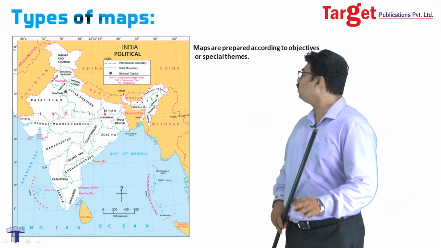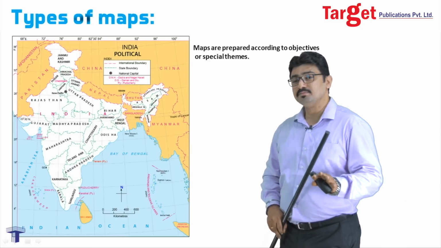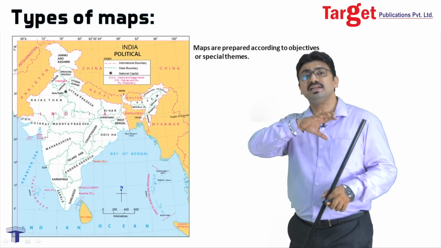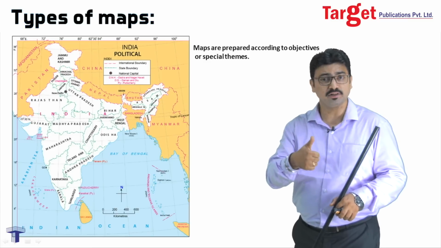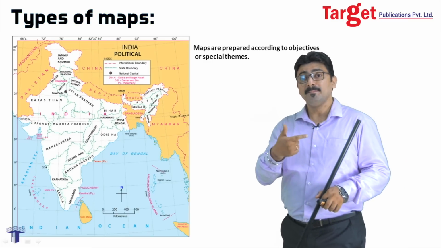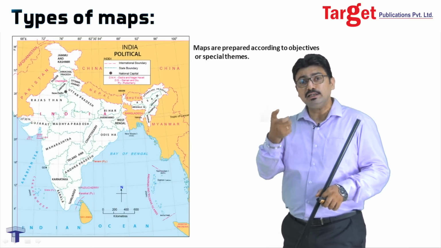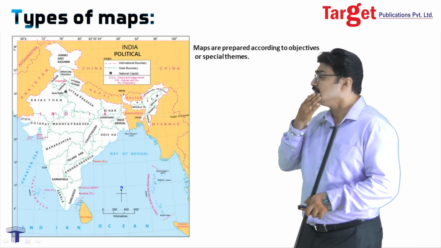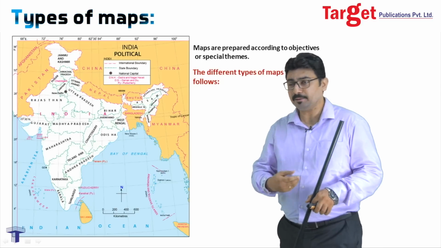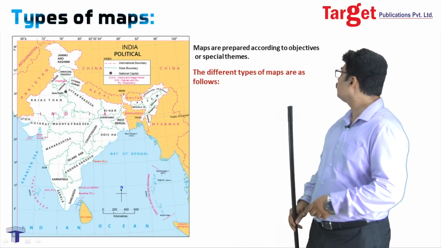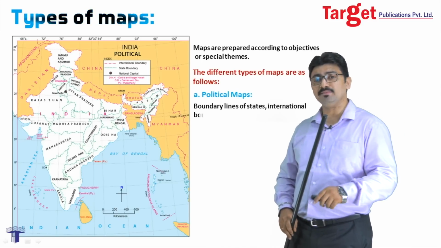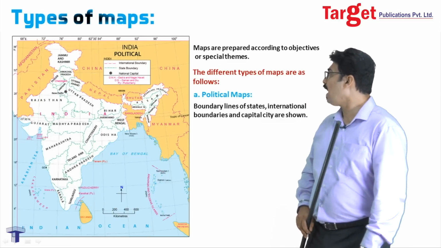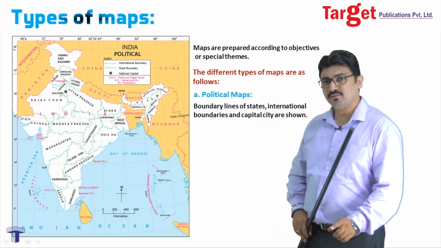Now, we also saw that maps are made based on special themes. I mentioned to you earlier that there are various types of maps, either based on the features to be shown or based on the type or the method used to represent that feature. So, here we will understand some different types of maps. Okay. So, maps are prepared with the help of themes. First, we will see maps which are based on different themes. And what are the different themes that we have got?